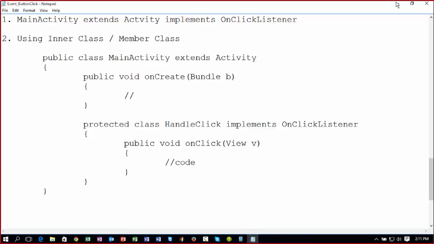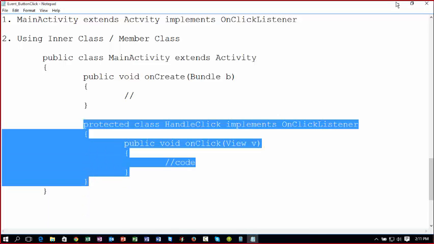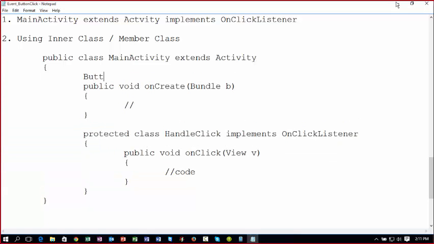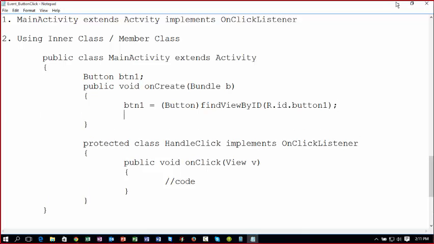Now we have to register this object to respond to the button click. So first we have to create one button, button 1, typecast to button using the method find view by id, r.id.button1. This is the reference of the XML button, and here we have to register this button using the set on click listener method,